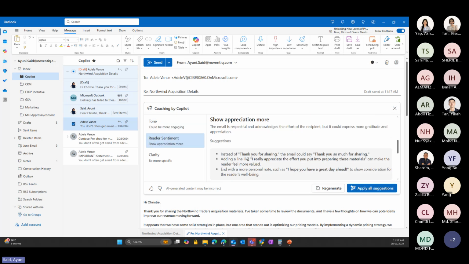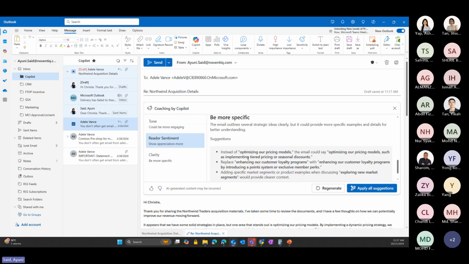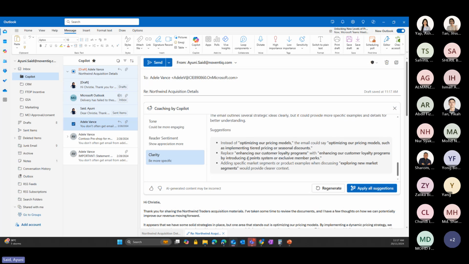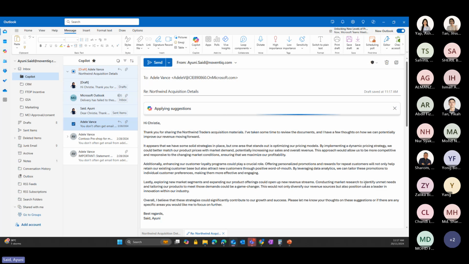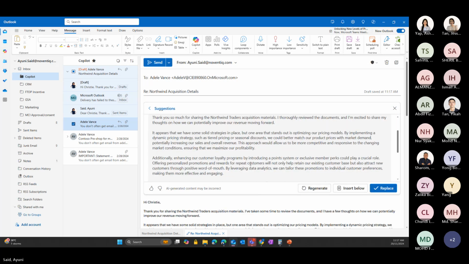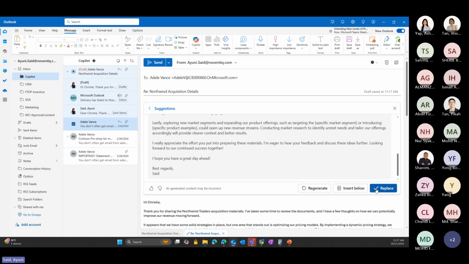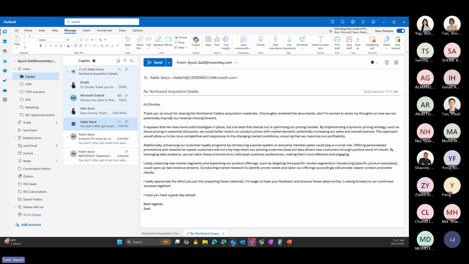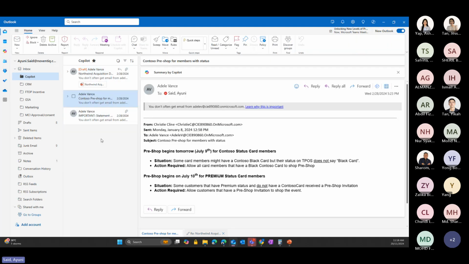And then can show appreciation more, right? And then be more specific on some of it, right? And then I click apply the suggestion, and then it will add a few words based on the one I shared. Okay, and then replace. So when replace, you can see everything is here, and then you can just reply to the email with more convincing things. But of course,